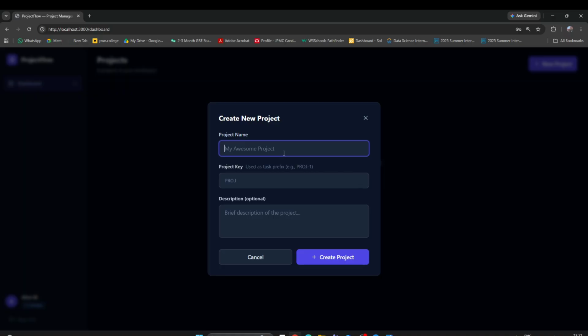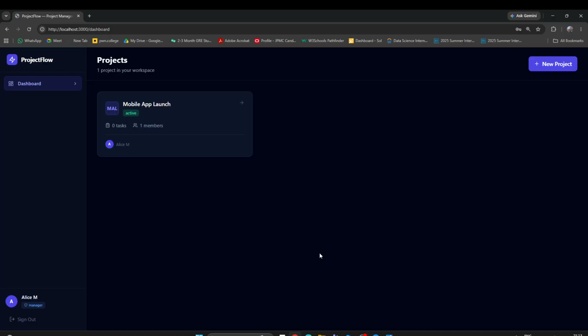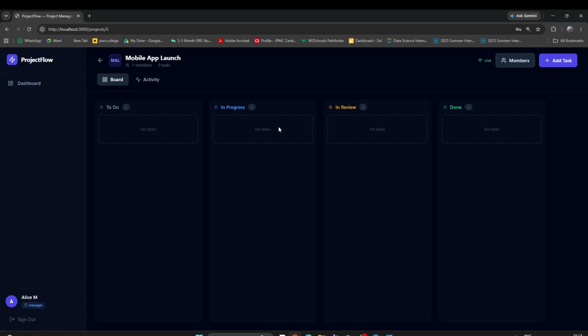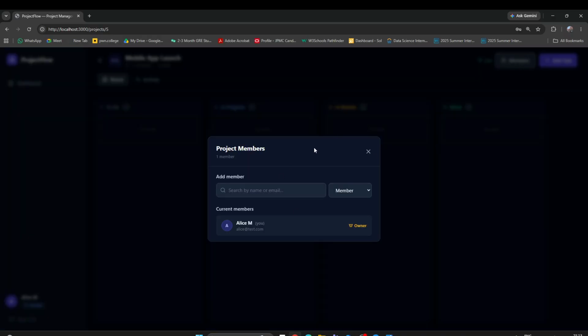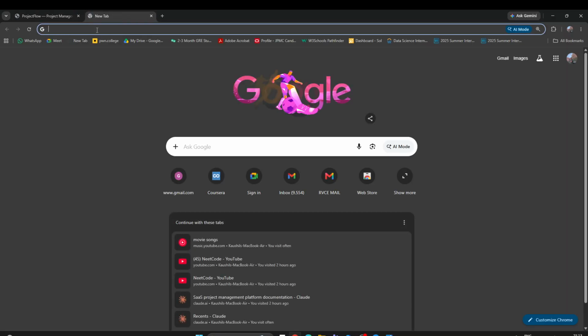For the demo, I'll name the project mobile app launch, and the description as tracking all tasks for the Q3 release. I'll hit create project. So the project has been created, and as you can see, there are members which I can add to this project. So I'll open another tab,